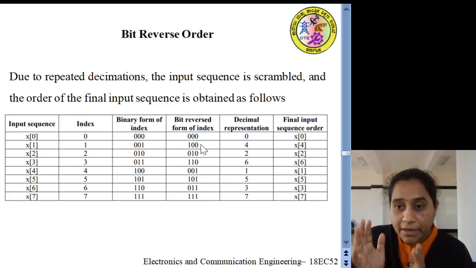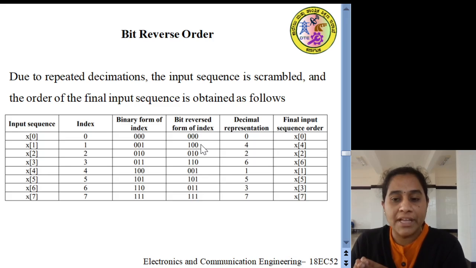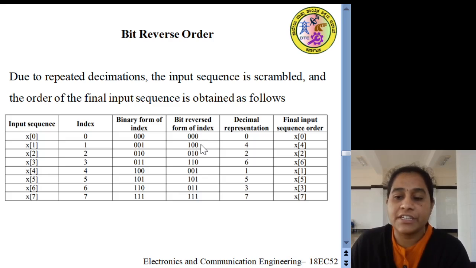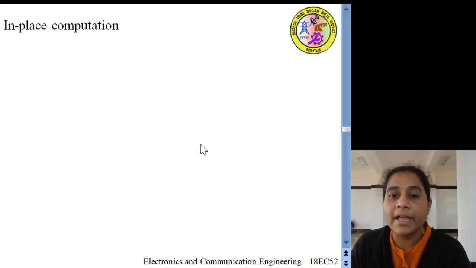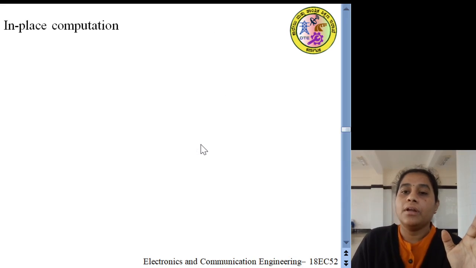Our digital signal processor supports this bit reversal order with a specific addressing mode, as well as some architectural features that we are going to see in higher semesters. Another beautiful and useful